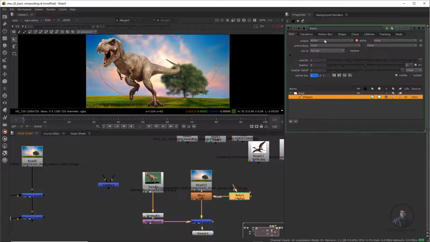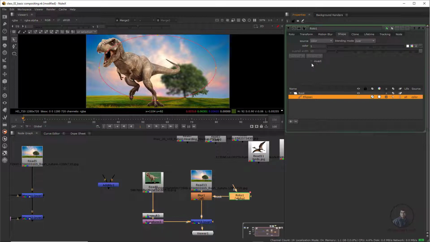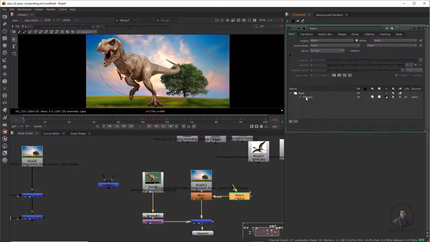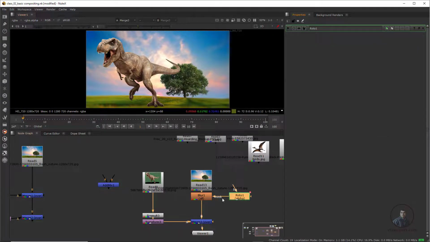So again double click, come here in this shape category, and if you want you can invert it a little bit here. Now you can see here, and increase the feather a little bit. So maybe this one. Now you can see, the mask input is just for restricting a certain area. Maybe you can use it in this merge node, and even in other filters you can use this mask input. Okay, now this is looking good here.